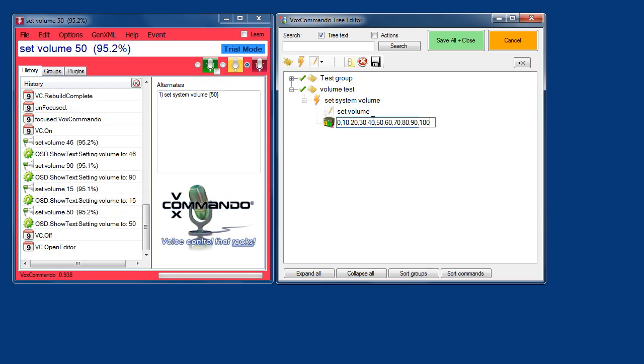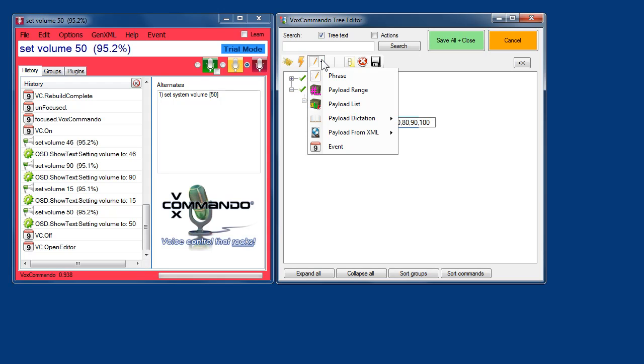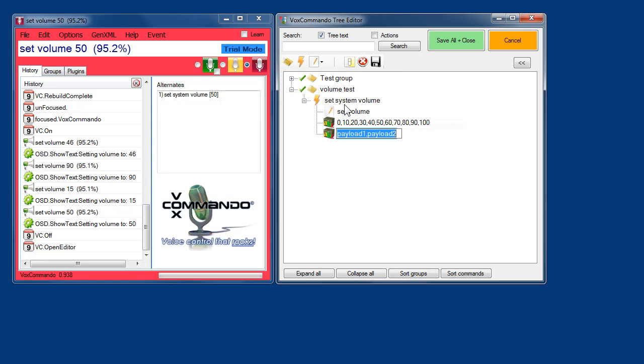And just since this is purely educational, I'm going to do something that doesn't make any sense at all. And I will put in another list afterwards with just for the heck of it, to demonstrate how to use both payloads in a command. So I've defined my input. The way that this command will be triggered is by saying set volume 30 green, or by saying set volume